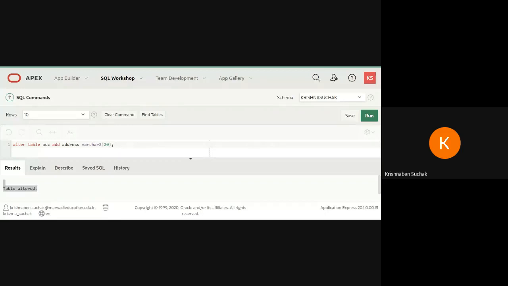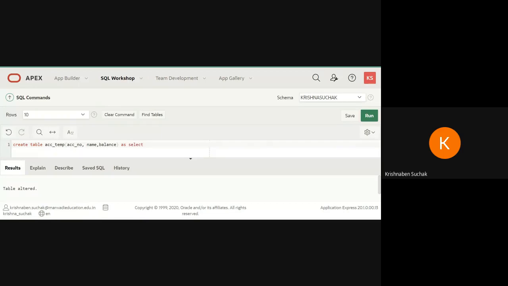Our sixth query is create table. Okay, so now we have to create another table. So what is the query of creating another table? That is create table, and we have to write here table name, that is account temporary. Then which column we have to add, that is account number, name, balance. Okay, account number, name, balance.